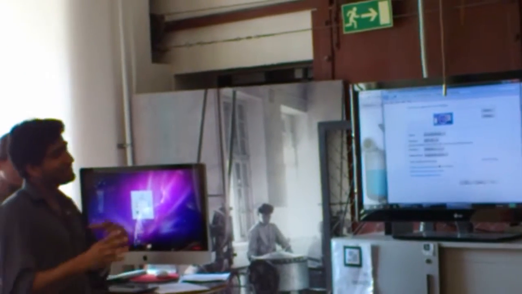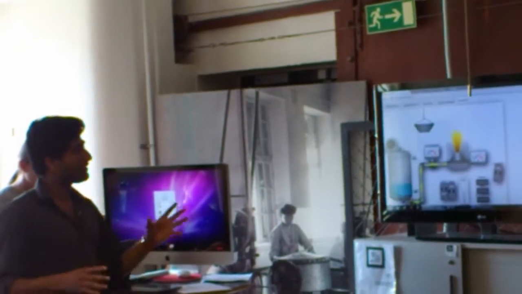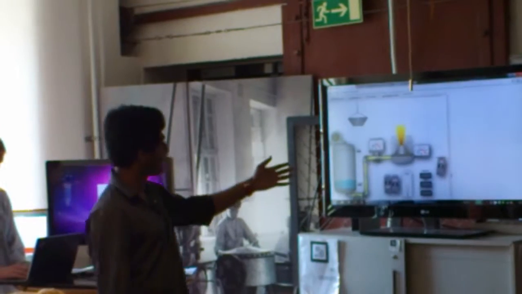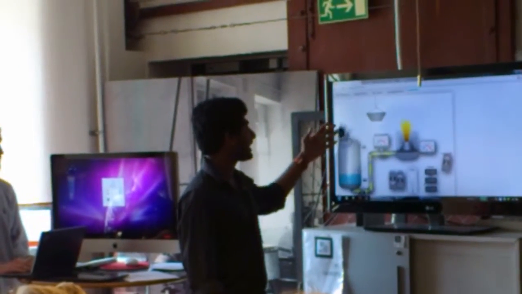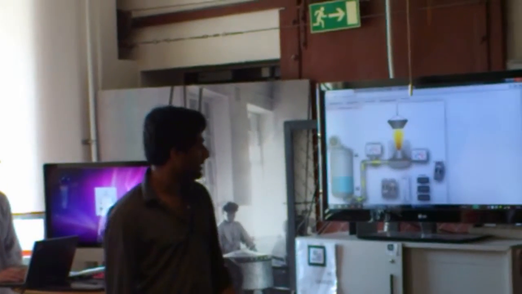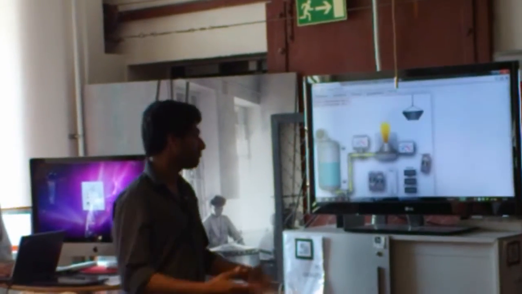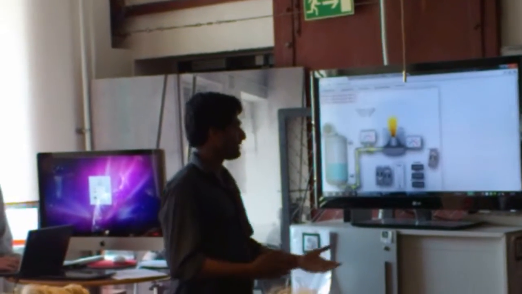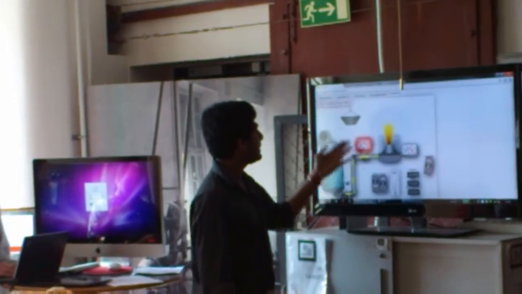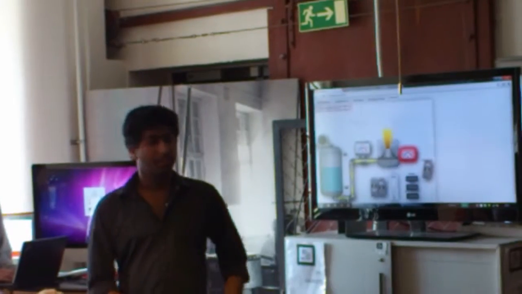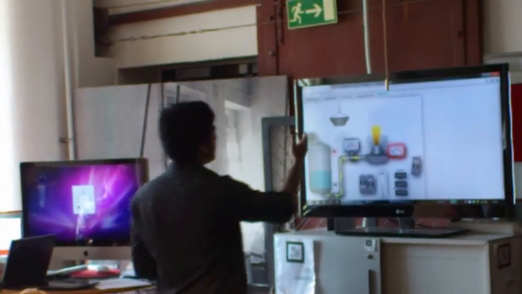So now, instead of just going through the slides, we'll go to our project. So this is our project. We depicted a melting of some iron. So you have the supply of gasoline or petrol, as we say in our country, and then you have everything connected. Now another demo is